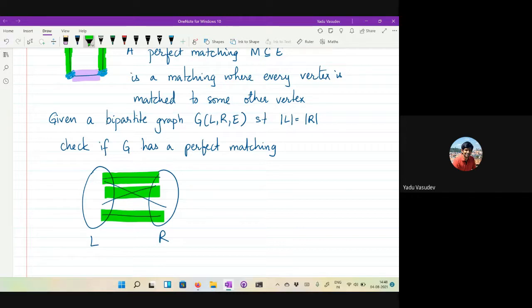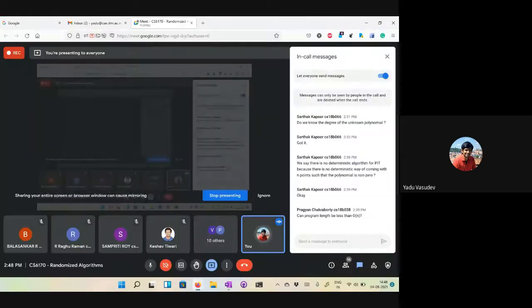It's an algorithmic question, right? In the sense you're given the graph G with n vertices. So let's say this is equal to n. Left side and right side have n vertices each. And you want an algorithm that will return yes if G contains a perfect matching and no otherwise. Okay. Is the problem clear? Perfect matching? If you have not seen it before, if you have any doubt, just let me know, right?